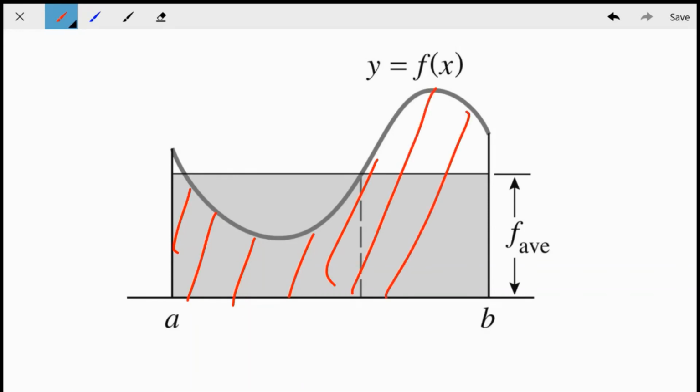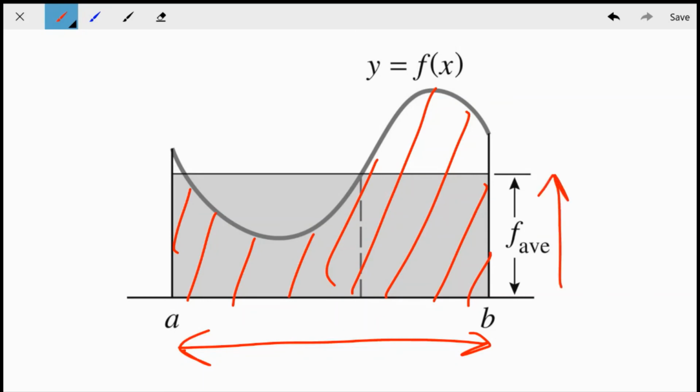So all of this would be that integral. What we're doing is saying, take this irregularly shaped region, and rather than treating it as an irregular shape, we're going to treat it as a rectangle. So we're going to find that total area, and then we're going to divide by the length of the base. And what it's going to leave me with is what you see here, that height of that rectangle, which is